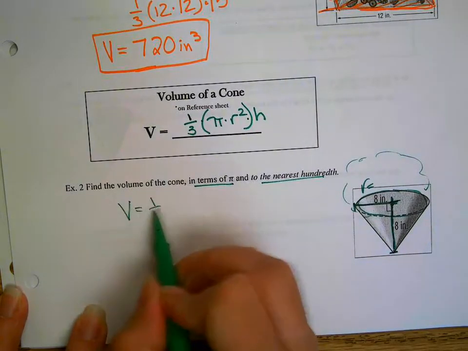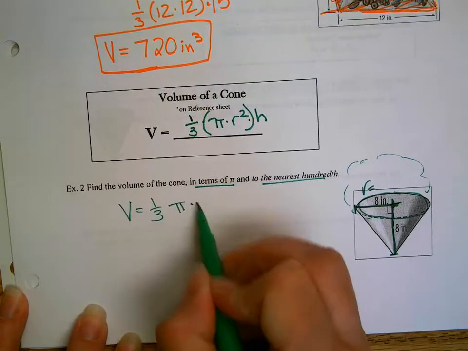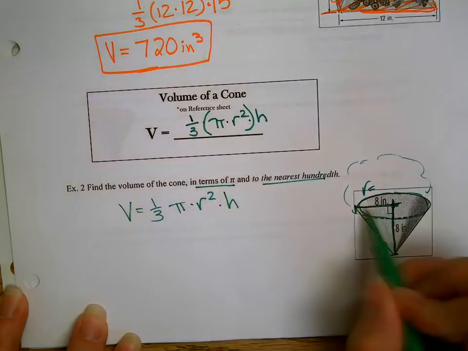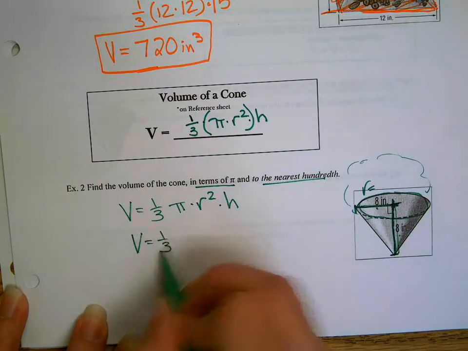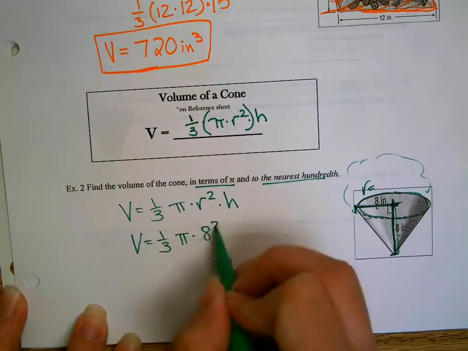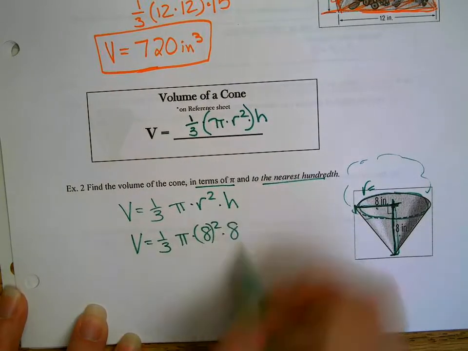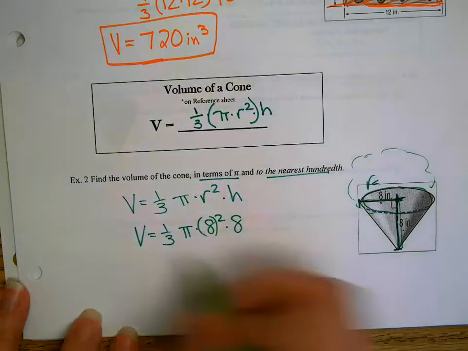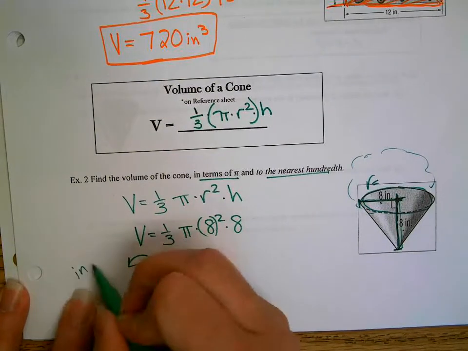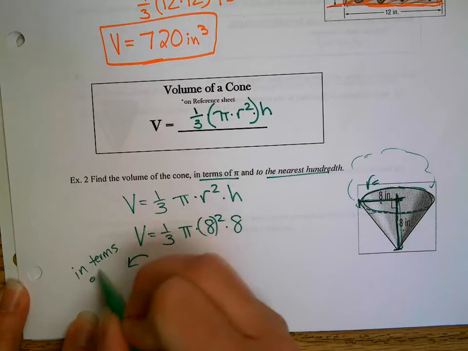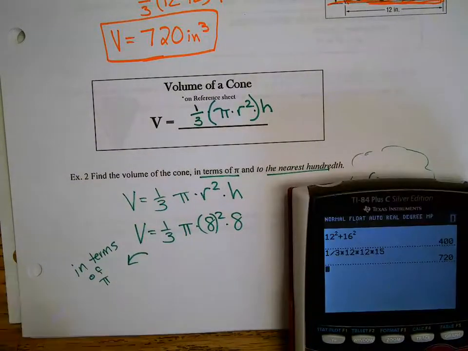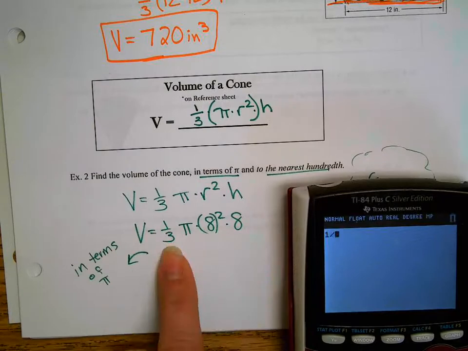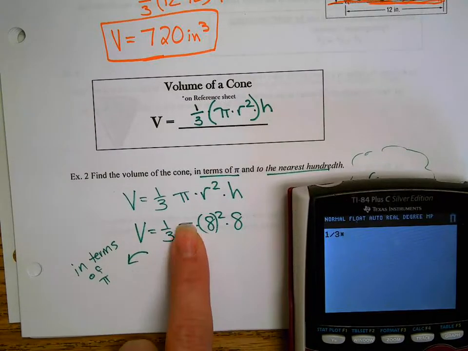So our formula, volume equals a third pi times r squared times h. Well, our radius and our height happen to both be 8. So volume equals a third pi times 8 squared times 8. Now, if we are doing this in terms of pi, we are not going to put the pi symbol in our calculator. So we're going to skip over typing that in. So 1/3 times, I'm skipping pi, 8 squared times 8